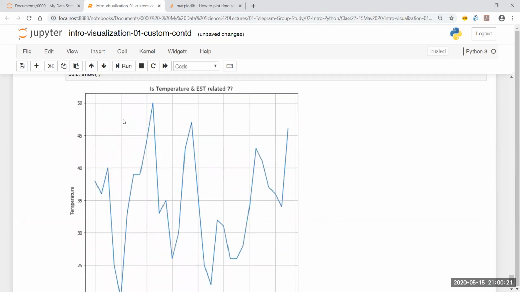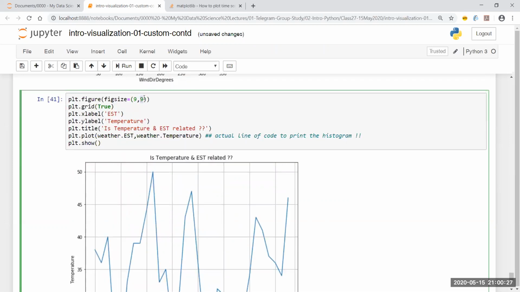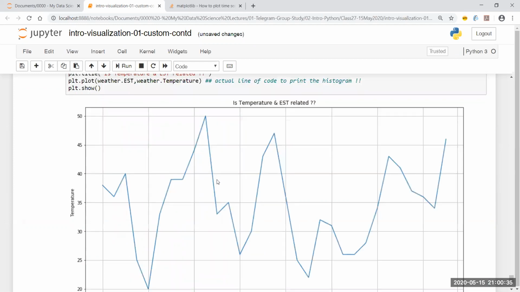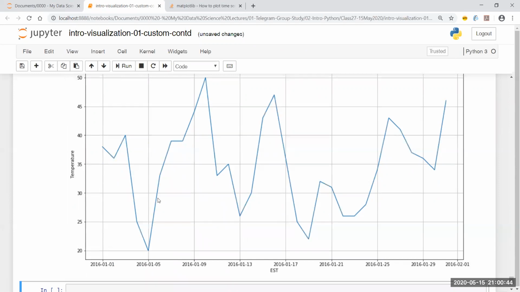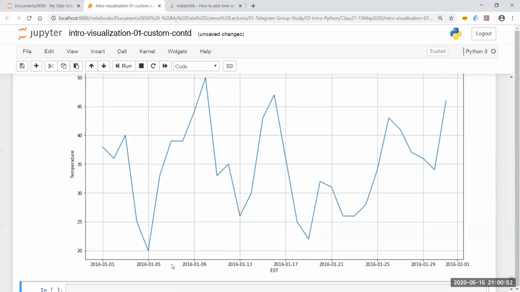Okay, and I can clearly see there is an up down kind of a thing. I'm not able to see this very clearly. Let's see if I can increase this. No, this is increasing the depth. So let me make this bigger and let me make this smaller. Okay, so yes, now this looks good. Fine. So when the month started, the temperature was a bit down. Maybe it was because of the fact that there was cold. But then over a period of time, what I can clearly see, there has been increases. So there has been increase between this range of period. Let's say 7th until I can say 16th, the temperature was quite high, then it regained back.